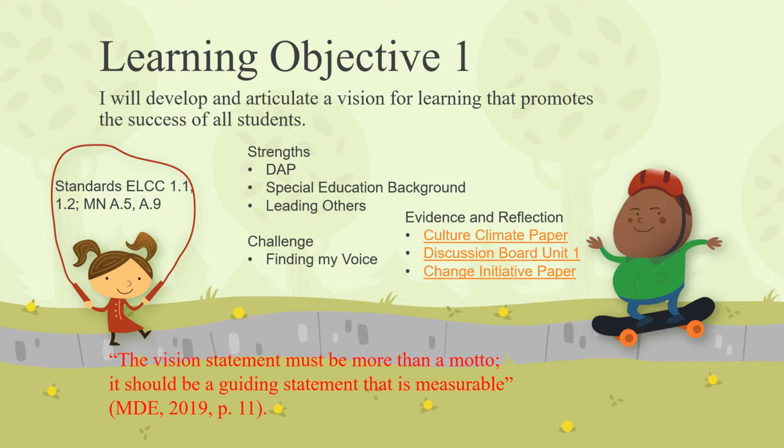Using ideas such as celebrating success, being a role model, encouraging development, praise, and complimenting risk-taking that were provided from the School Culture Rewired book, I've clearly stated how to promote a positive climate in my climate and culture paper. My strengths in this objective are understanding developmentally appropriate practices that promote learning in a natural way. Additionally, having a special education background, I believe and know all students can learn, and I have developed positive relationships to lead other staff in ensuring they promote the success of all students.